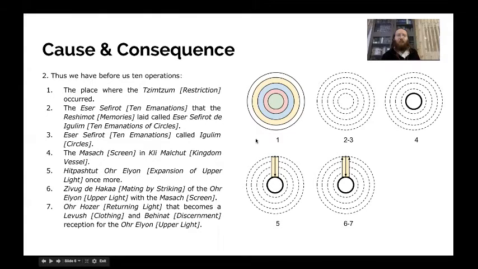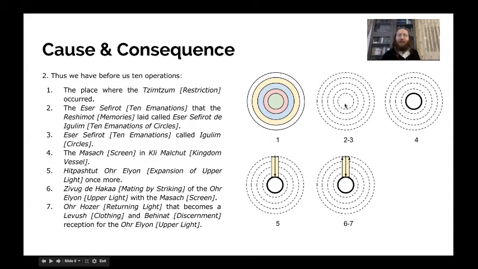So we've got the place where the restriction occurred, which we'll see afterwards when we actually go through it. When you go between 4.3 and 4.4, you're building a new set of phases within you, going from a calculation of wanting greater adhesion with the creator, with yourself, with the internal power within you, until the Malchut, which is the action of it, and then you go through the restriction. And that's phases 2 to 3, where it's called Igulim.